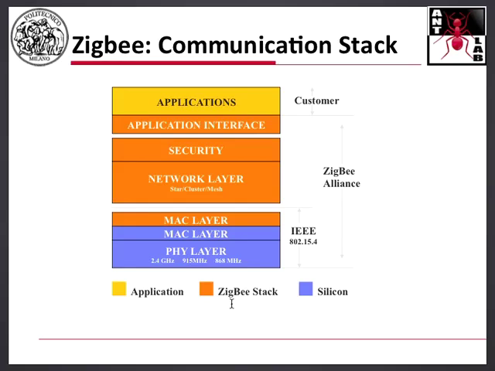And as I was saying before, till last time, we actually know how the bottom two layers work, namely what is the physical layer and what are the rules to, let's say, manage the access to the shared channel. This is part of the 15.4 standard. What we do today is to look at this box here, which is called network layer,